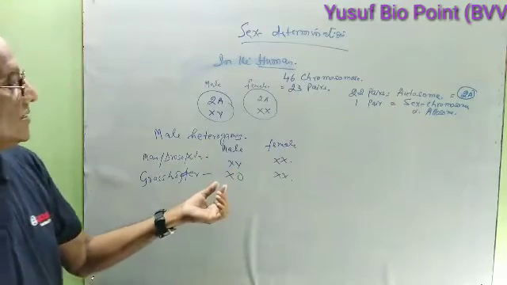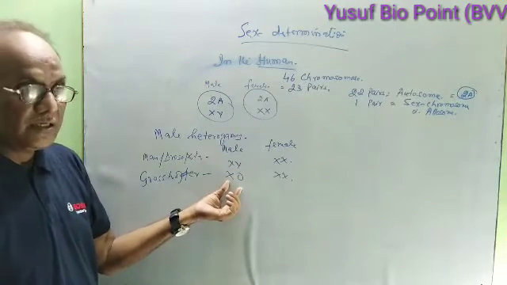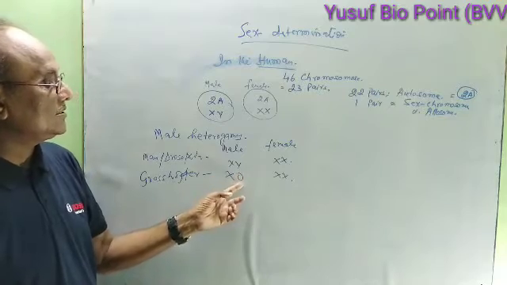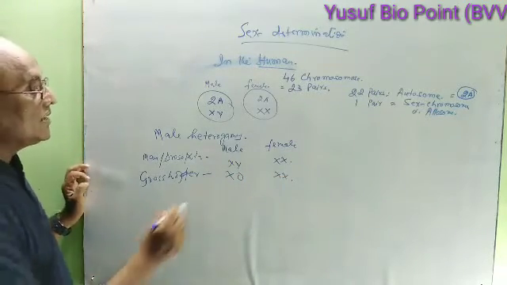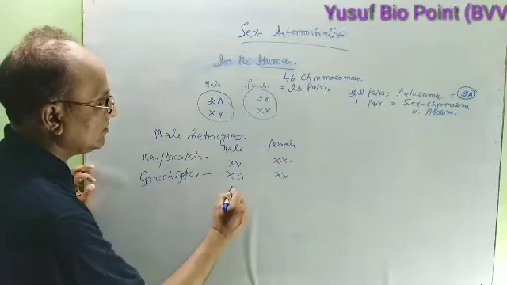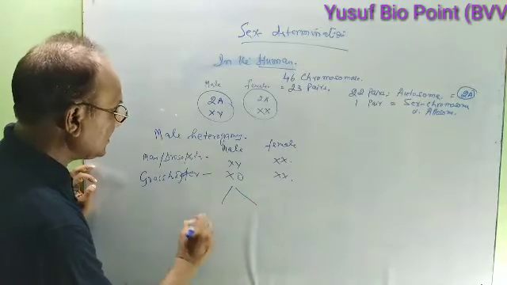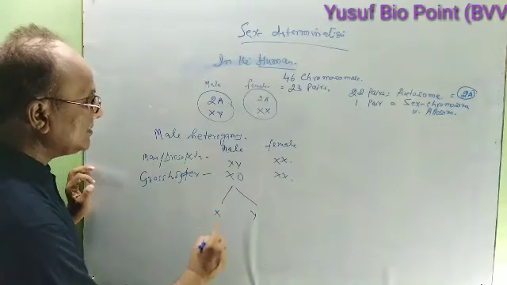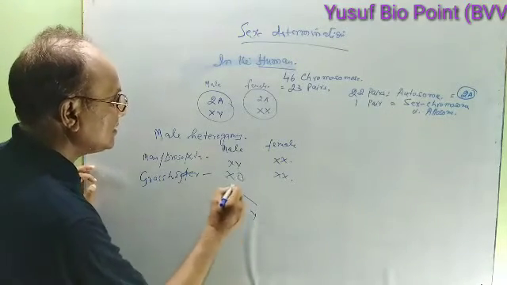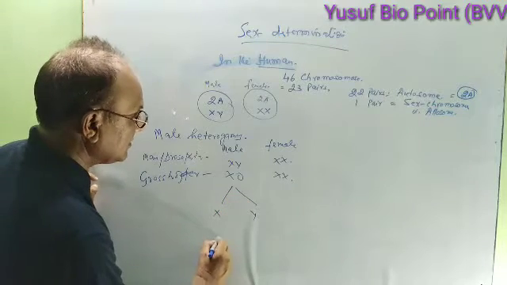X0 means only one X is found, one is absent. अब तो यहाँ XY और X0, तो यहाँ दोनों में हम देखते हैं they will produce two types of gametes. First, in case of man, it will form X and Y, and in the second case it will form X and